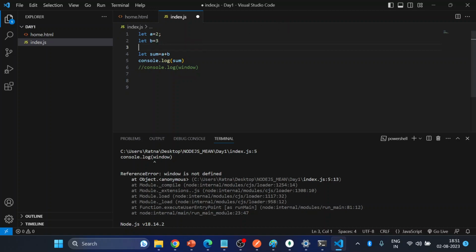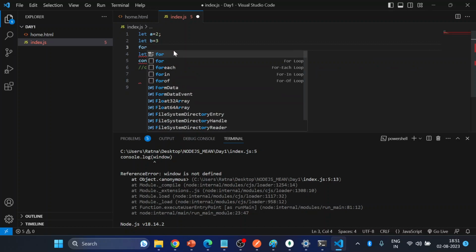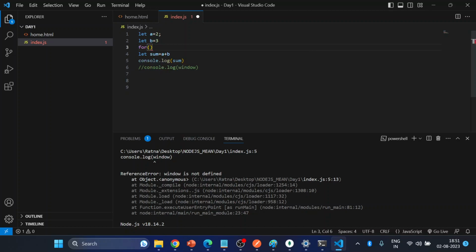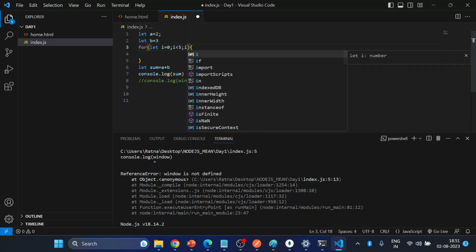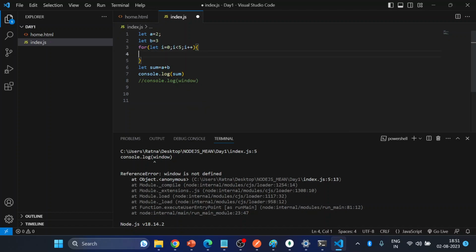Suppose you are writing here a for block, and here let i is equal to 0 and i is less than 5 and i plus plus, and then